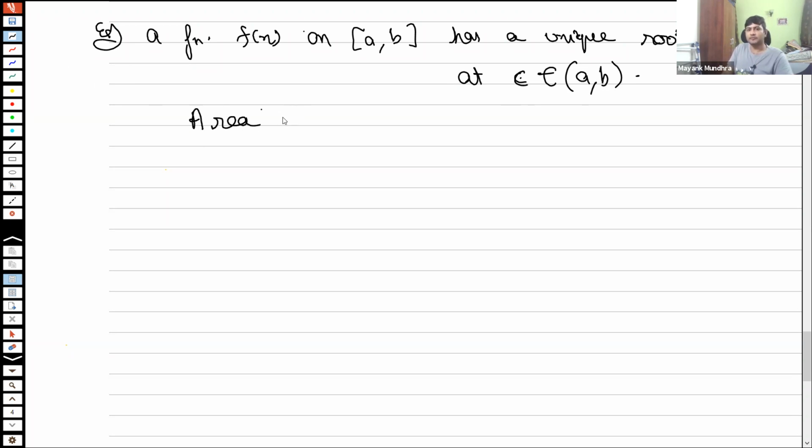So the area between the function f of x and the x-axis can be